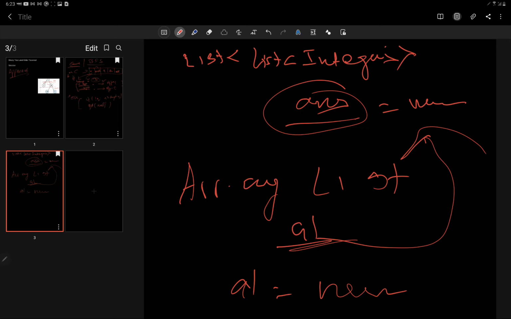Alright, so I hope this algorithm is clear, and where we are putting this value, where we are initializing it, and all that is clear. This is just the approach. I hope the approach is clear. When we see the code, you will see very clearly how these things are placed in it.